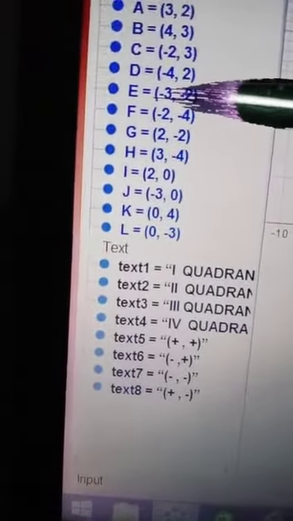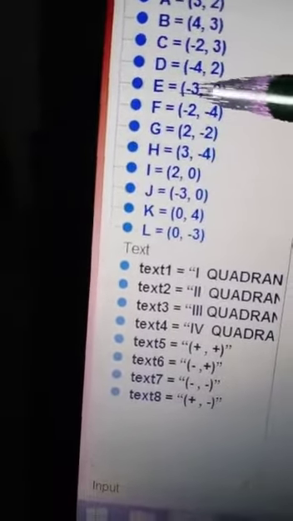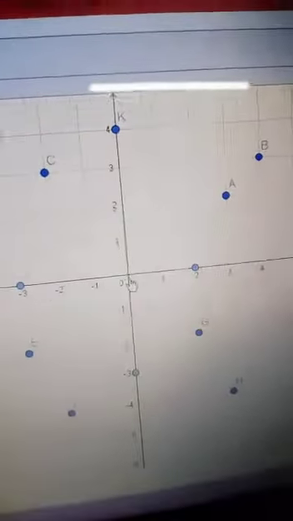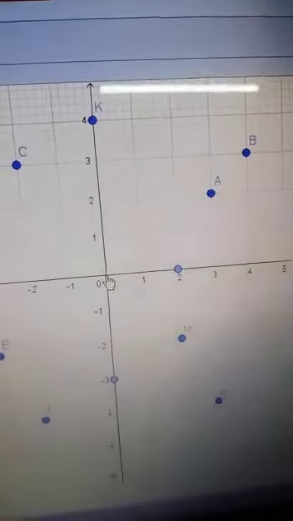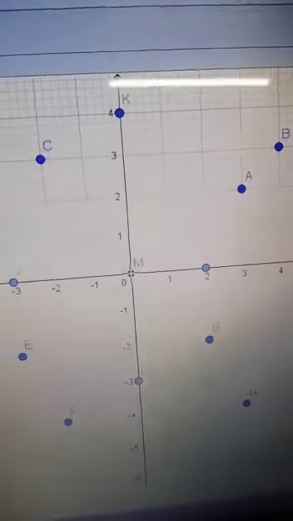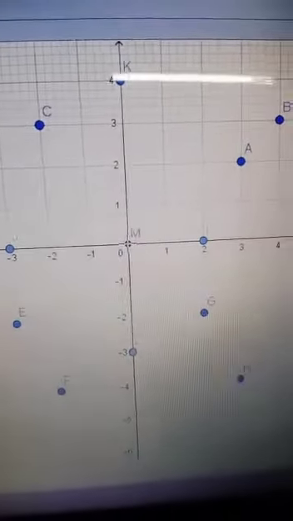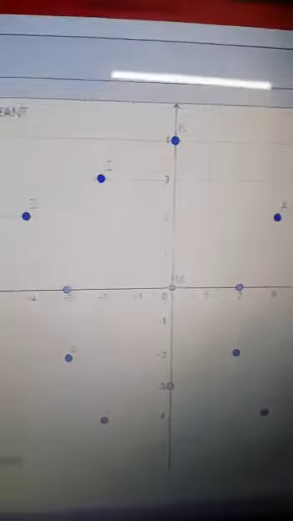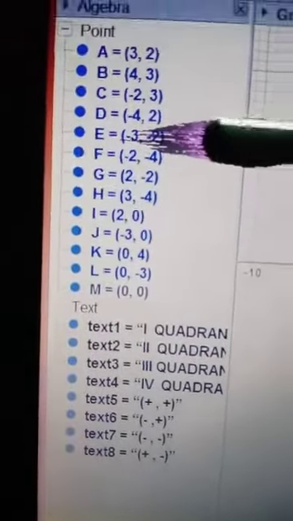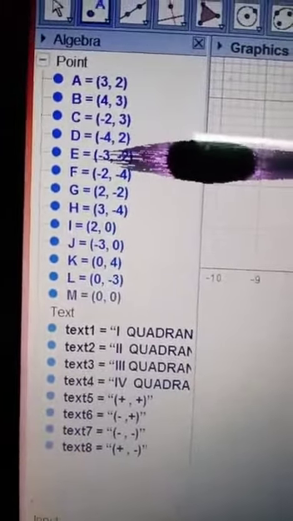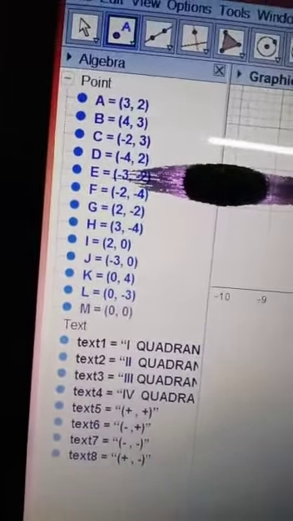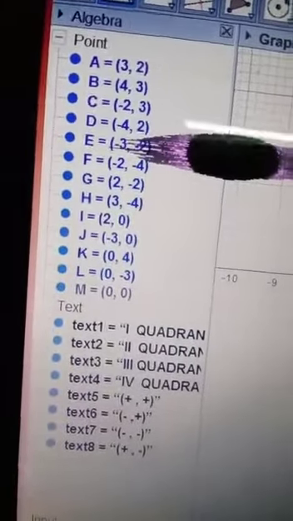Got it? Now children, I will show you what will be the coordinate of a point if a point lies on the point of intersection of both the axes. See here, this point is M. This is the point M, which lies on the intersection of these 2 axes. See, I am showing you the coordinate of this point M. The point M will be (0, 0). That means the coordinate of the point where both the axes meet each other is always (0, 0). And this particular point is named the origin.